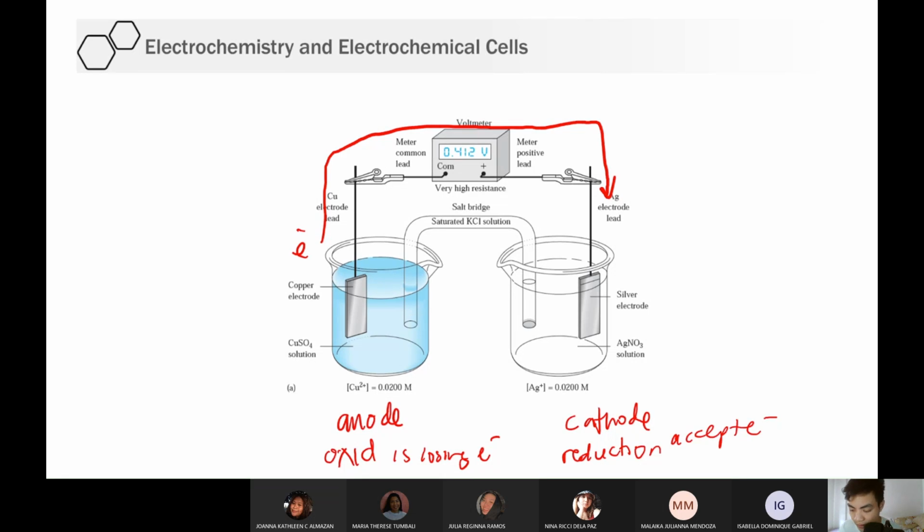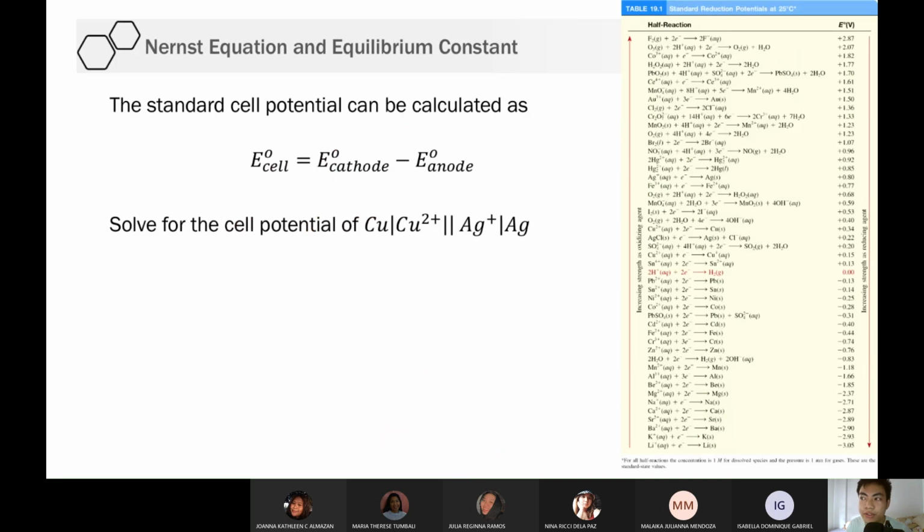If you want to determine the cell potential, when I say cell potential, basically voltage lang yun. If you want to determine the voltage of a cell, this is the equation to be used. E cell equals E cathode minus E anode. So this is the standard cell potential. Ito yung ginagamit natin to solve gano'ng karaming kuryente yung mapoproduce ng battery natin. Mapapansin nyo yung battery natin, minsan sabi 4 volts, minsan 1.5 volts, di ba? Paano nila nalaman yun? Itong equation yun.